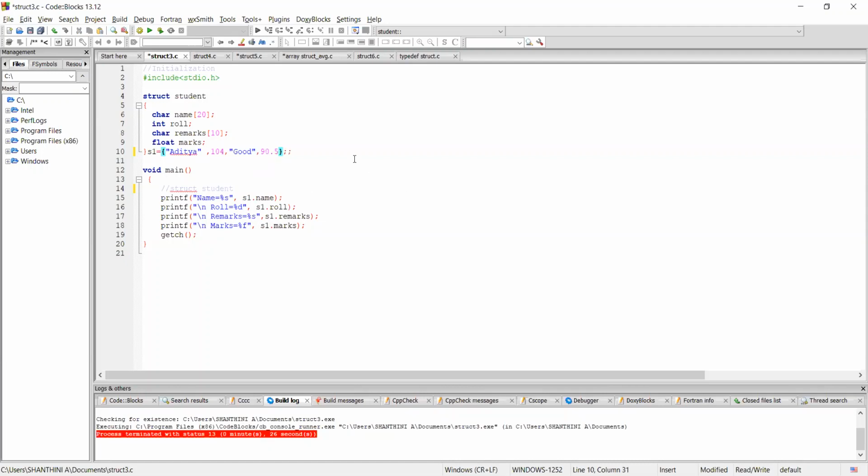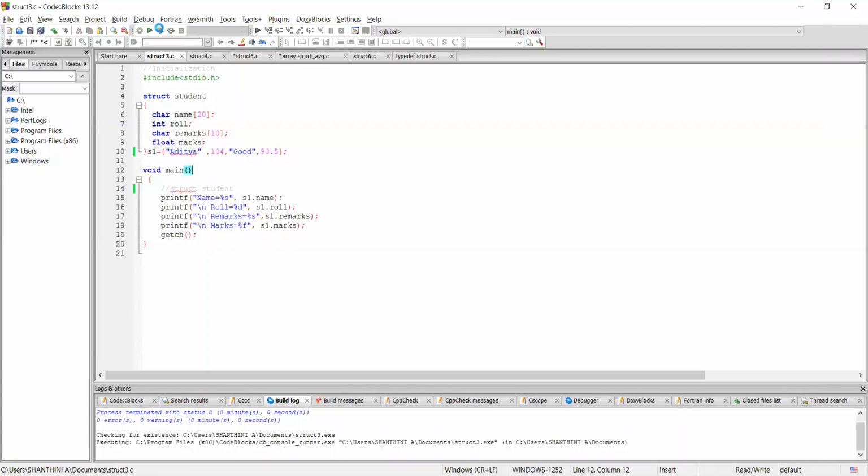In this case, I'm giving the variable here itself and initializing the structure variable S1 with the corresponding values. Now also my program will be executing without any error. You can see it now.